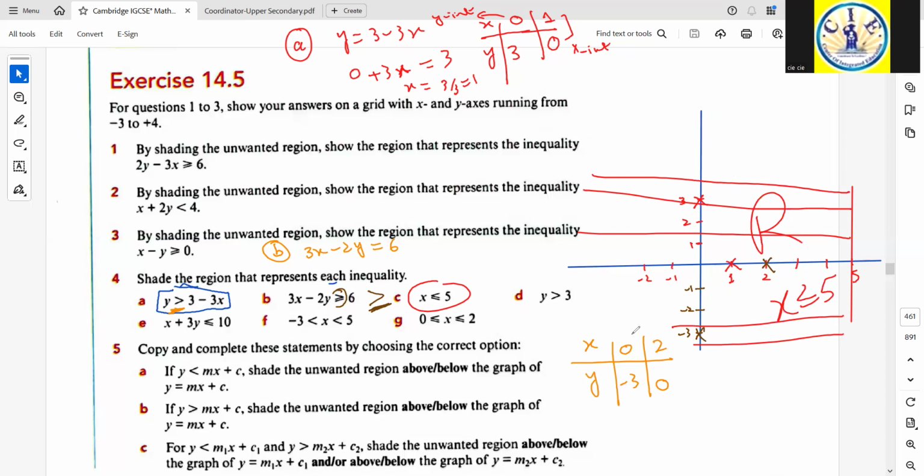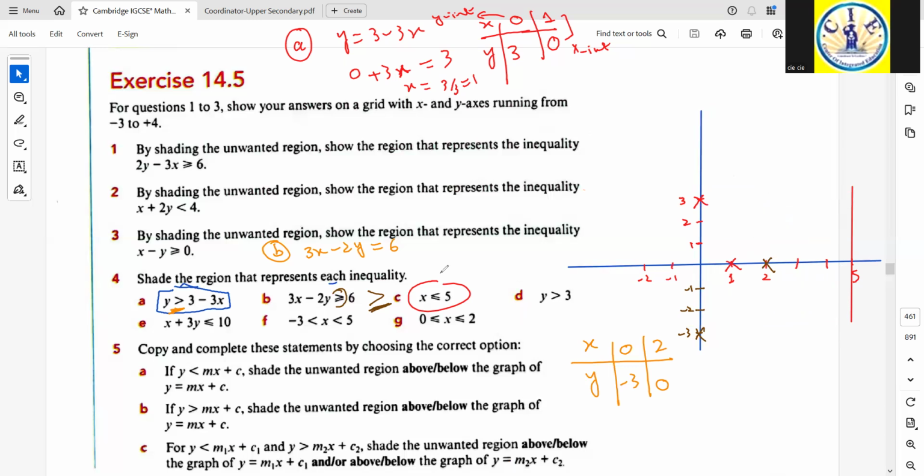And similarly for part D now, it is just a matter of 1 minute. y equals 3 is this line. And I need to have the value of y greater than 3. So the region above this is going to be my solution. But before that, I need to see that